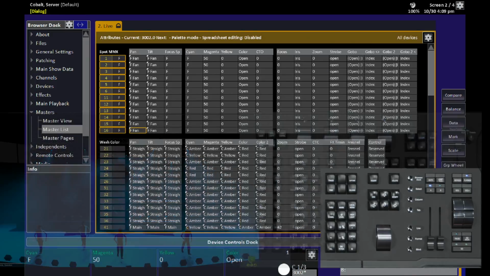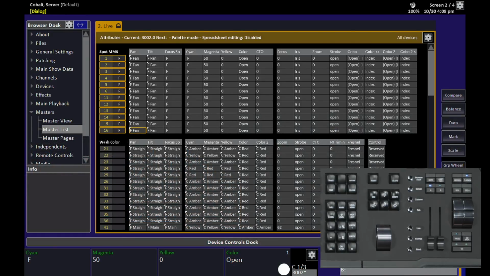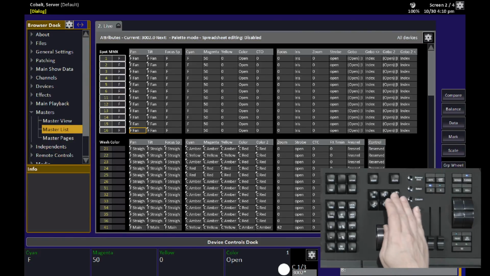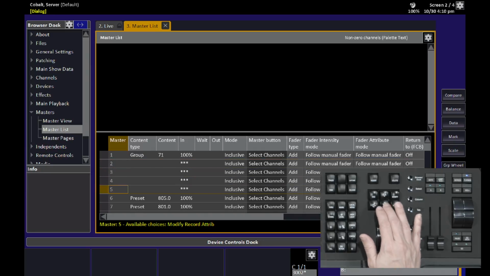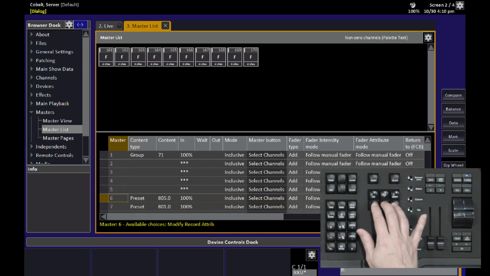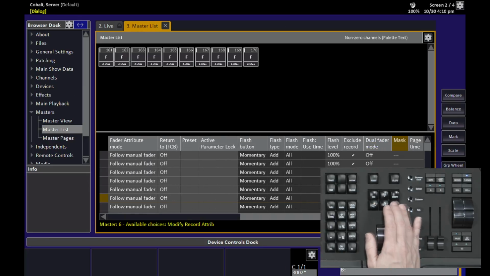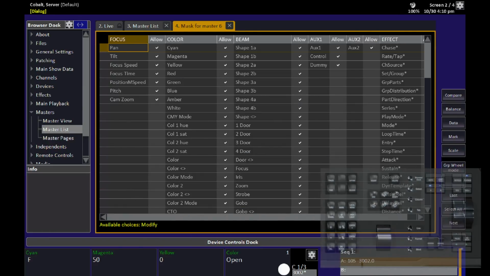Another option for masking is to mask a master playback. In your browser, under the master section, you can find the master list or the master page editor. I'm going to work in the master list for a moment. And what I can do is I can come down to the preset or the sequence that I wish to adjust, and again find the masking editor and open up a tab that looks pretty much the same as the preset masking editor that we saw before,